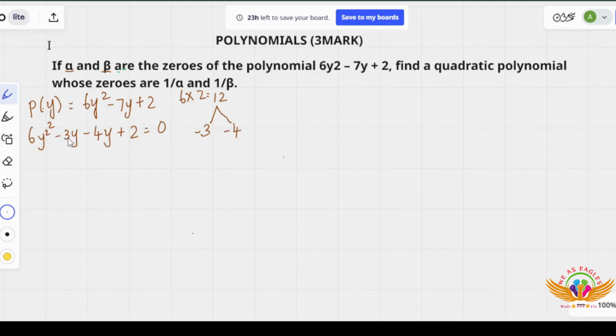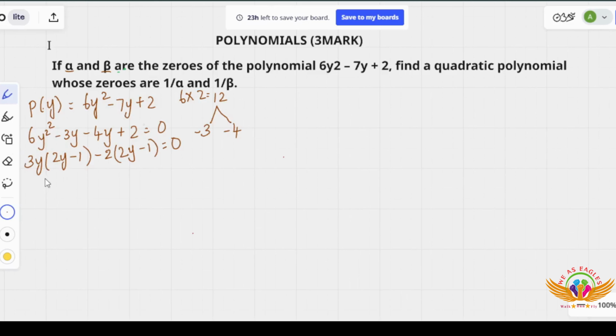Okay, now I can take 3y common because 3 ones are 3, 3 twos are 6. Just changing one number, see how much difference it is creating. So never get confused, just change the numbers and you can take it as common. Yeah, 3y I'm taking common, 3 twos are 6, another y will be there and minus 1. Here also I can take 2 as common because 2 ones are 2, 2 twos are 4. Minus 2 I'm taking common. Okay, so 2y minus 1 is equals to 0. So minus 2 into 2y becomes minus 4y, minus 2 into minus 1 becomes plus 2.